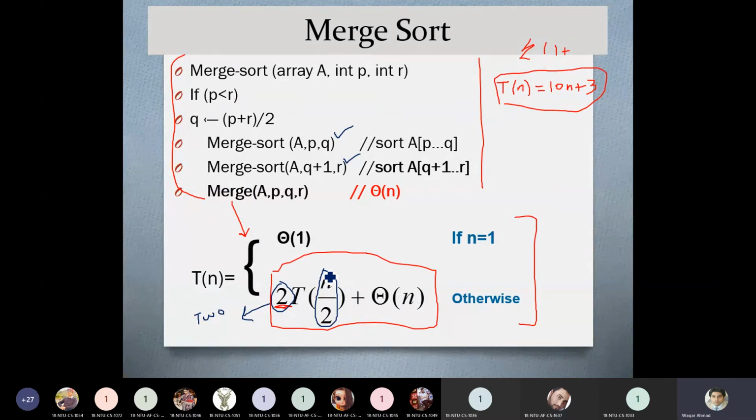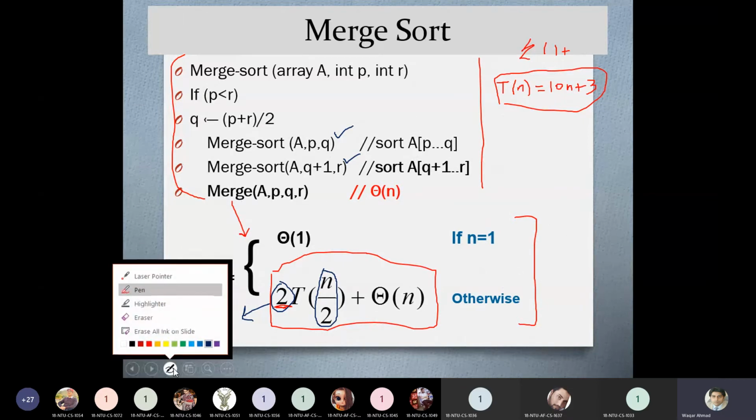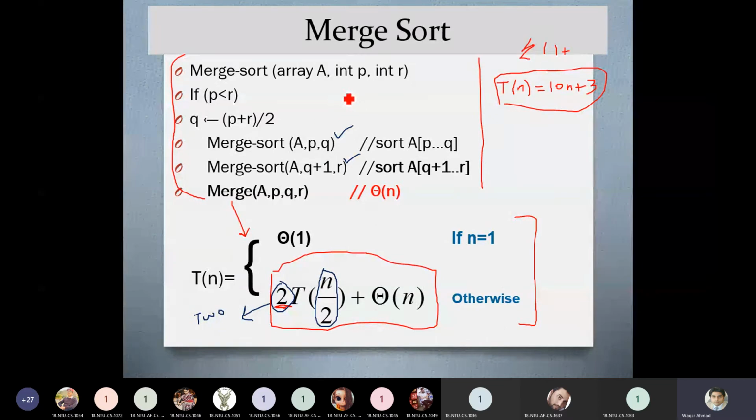So there are two important quantities here, and you can observe from them how many recursive calls we have in the algorithm and how much n is passed to these recursive calls. Now, for example, I will write a recursive equation here, only the recursive part, not the base part, and I want you to tell me how many recursive calls we have in this algorithm.